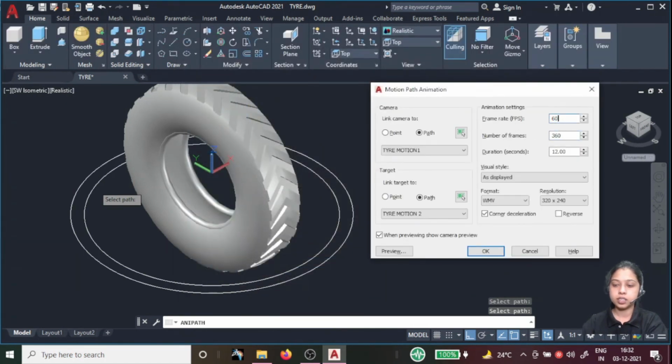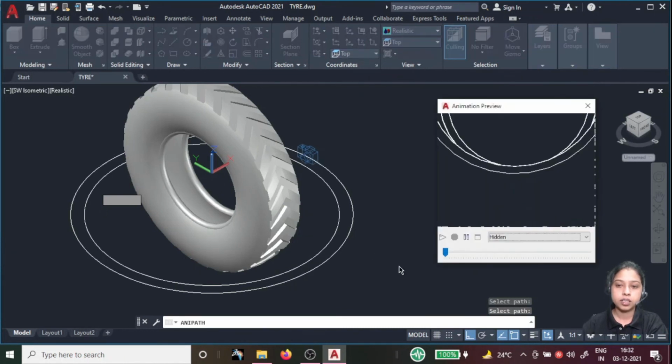This is 60, this is 10, this should be realistic, this is AVI, this should be 1024 by 768, and go for OK.